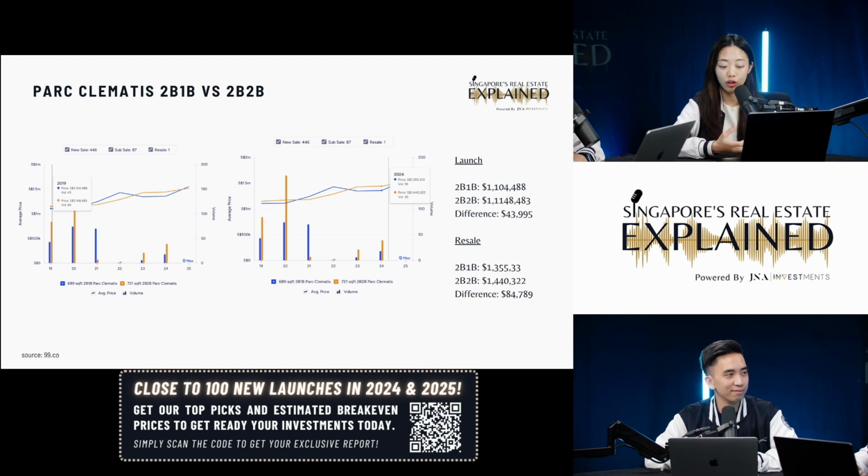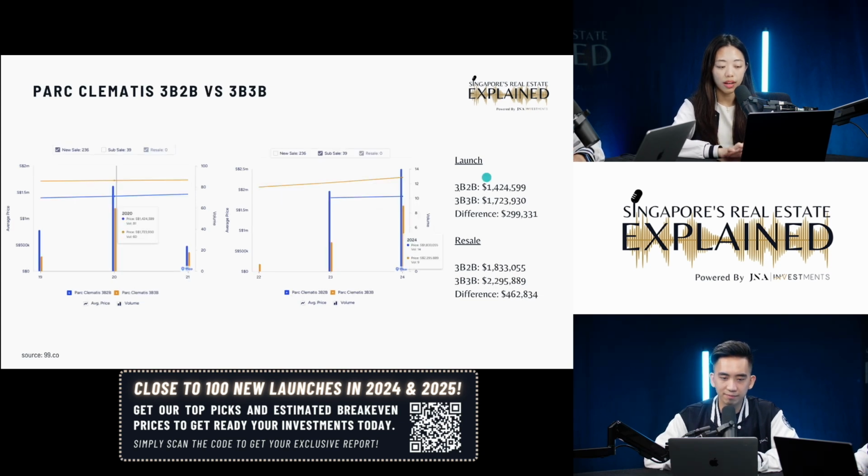the 2 bed 2 bath doesn't include. And their size difference is not very big. It's a 689 versus 721. Okay. So moving on to the 3 bedder for Park Clementi's on launch day, the difference is about close